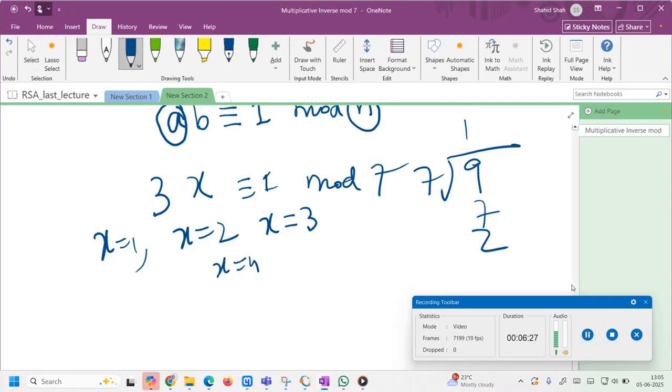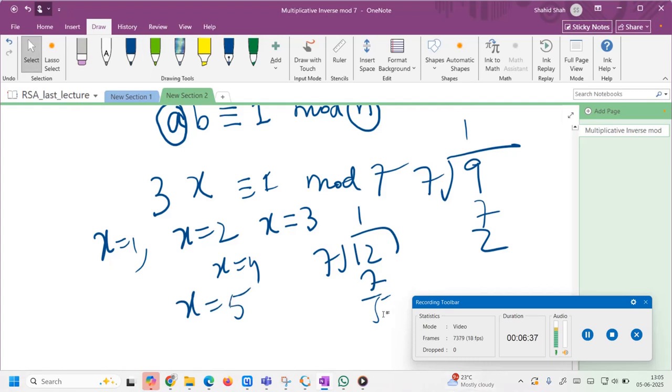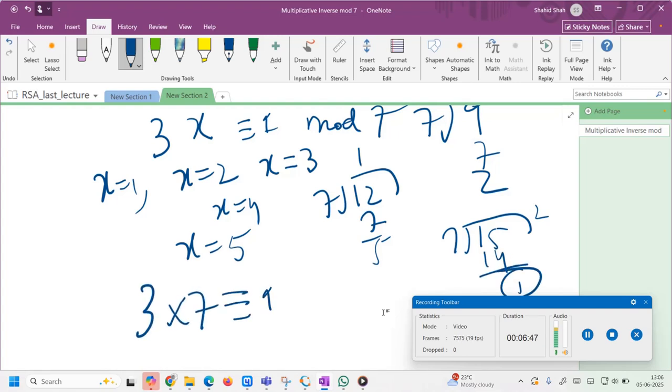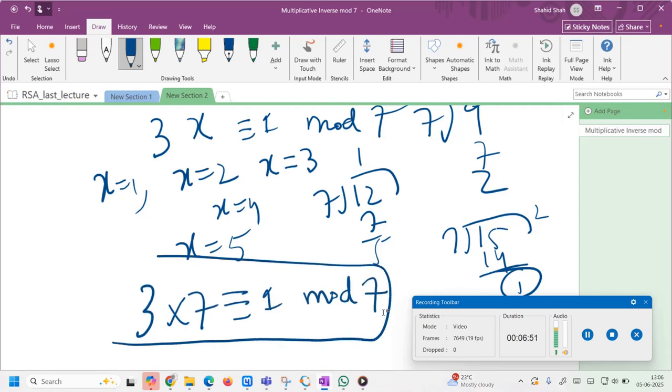Similarly, you try with x equal to 4. 3 4s are 12, and 7 1s are 7, again the remainder is 5. No. Now take x equal to 5. 3 5s are 15, and divide this by 7. 7 2s are 14, remainder is 1. That is what we want. It means 3 times 5 is congruent to 1 in modulo 7, and hence 5 is the multiplicative inverse